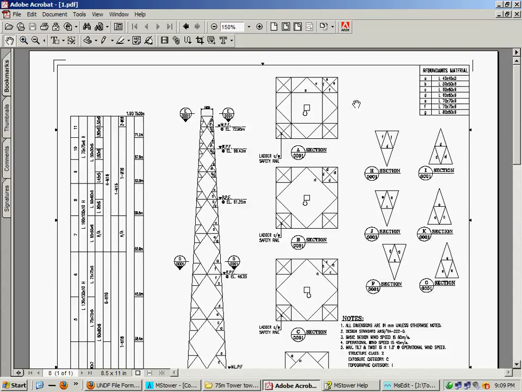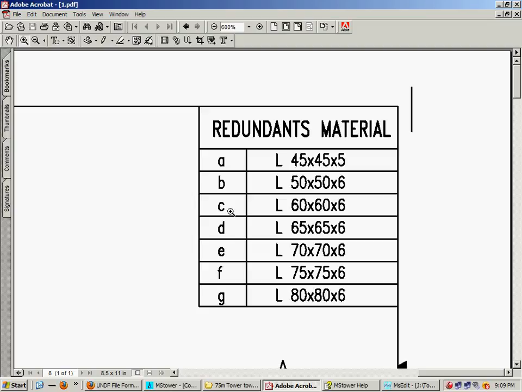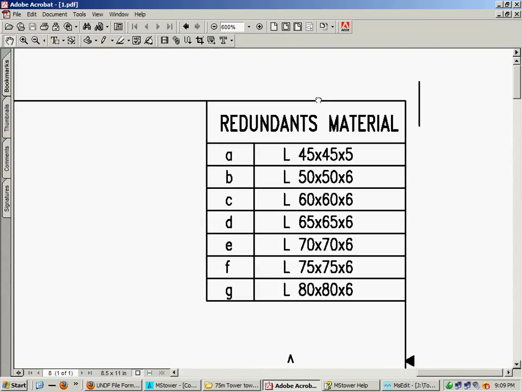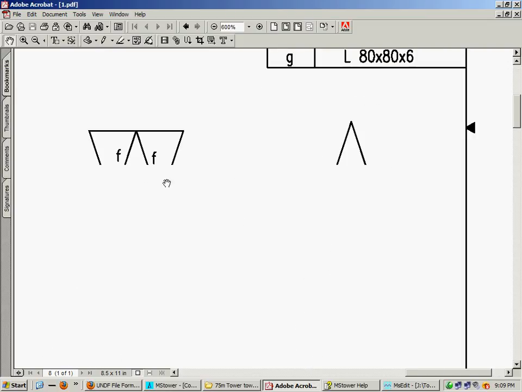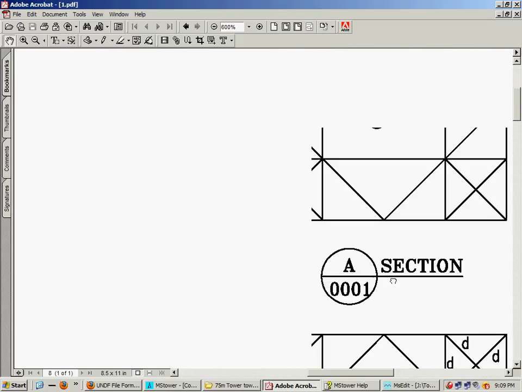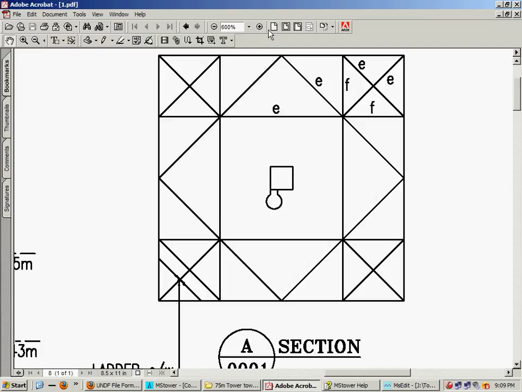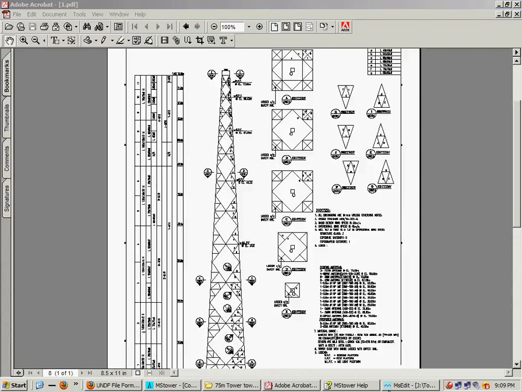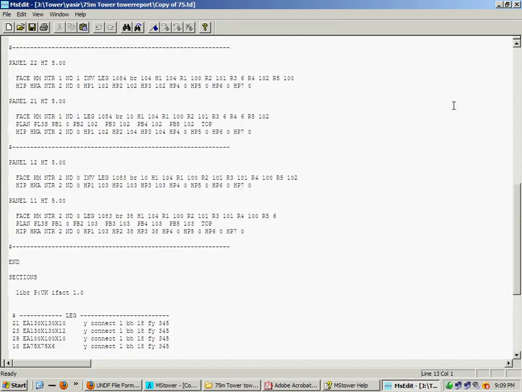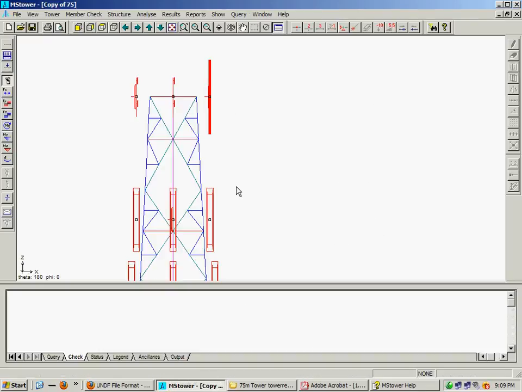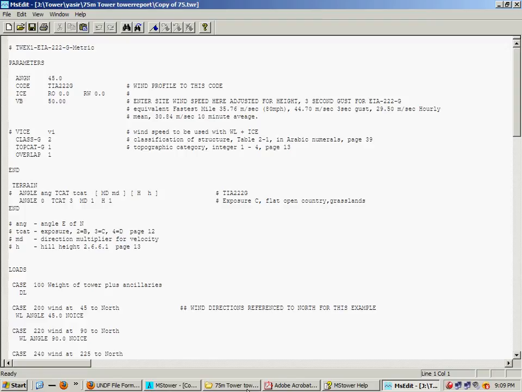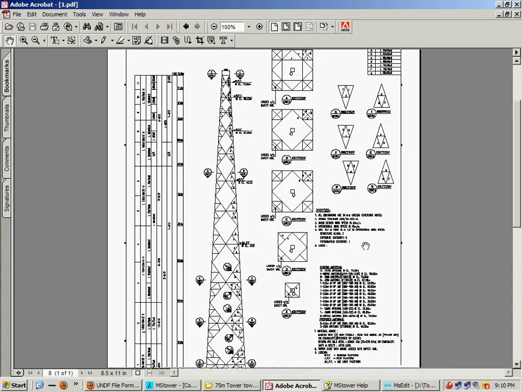Some section has given here as well, A, B, C, D, F, G, which have been used here and also in plan bracing. This is how we have made the model, and for load we have followed the load part